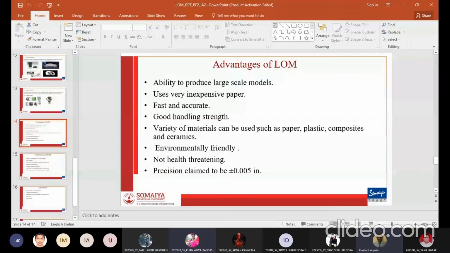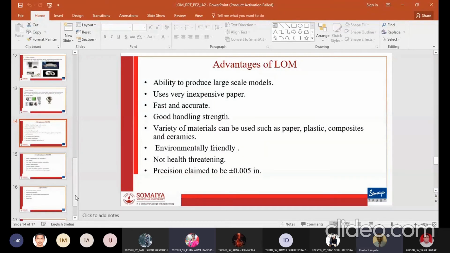Next slide. Advantages of LOM. A variety of organic and inorganic materials can be used in laminated object manufacturing. Large models can be produced and the building speed is 5 to 10 times that of other RP processes. The LOM process allows the user to meet various requirements such as price range, environmental concern, chemical and mechanical properties, color appearance and durability. The process is much faster than competitive techniques since the laser does not have to scan the entire area of the cross section.